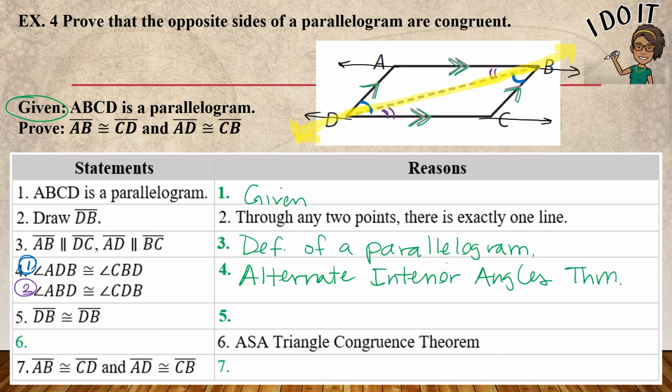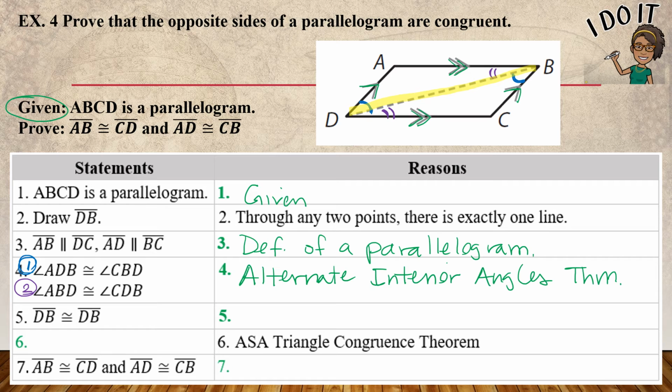So if I look at DB only, let's erase all of this so we can get a better look. If I have DB congruent to itself, that means it's a part of some type of figure. Remember, if I have a part congruent to itself, that means it's a part of a figure. And if I notice,